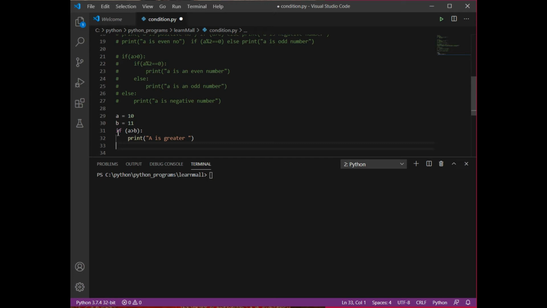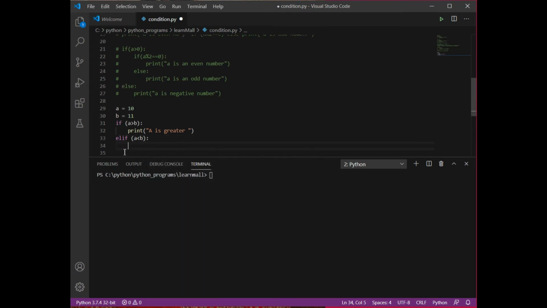So I need one more condition. I'll write elif, that is else if this condition is not true, I'm going to mention one more condition: else if a is less than b, and I'm going to make a print statement, "b is greater".